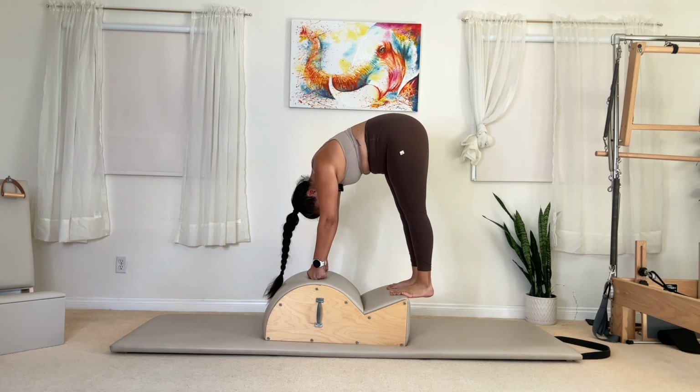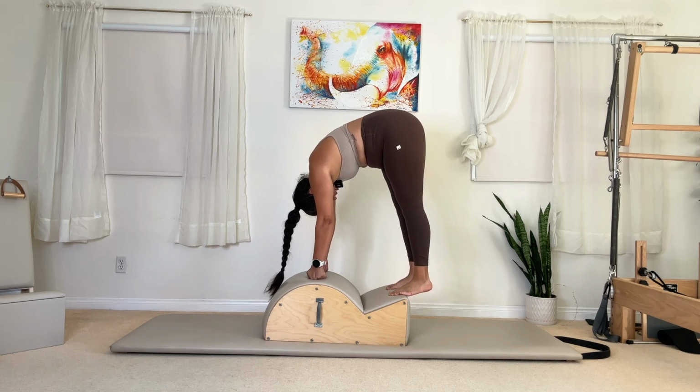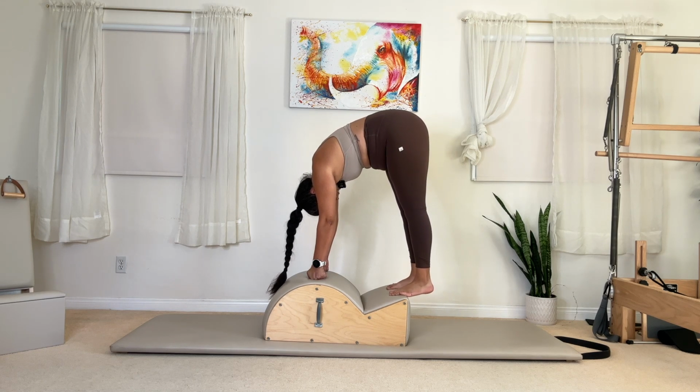Pull the shoulders down your back if they're not already. Exhale, lift up, hang the head, stretch evenly through the heels, resist it down. One more time. Heels up,